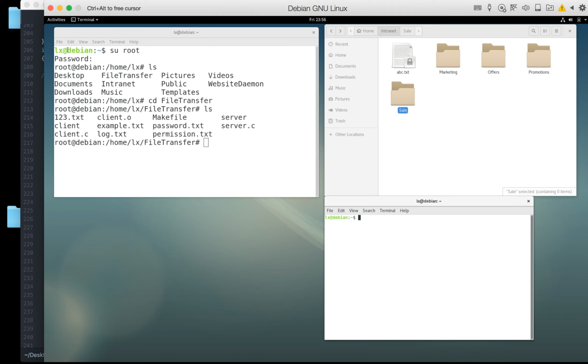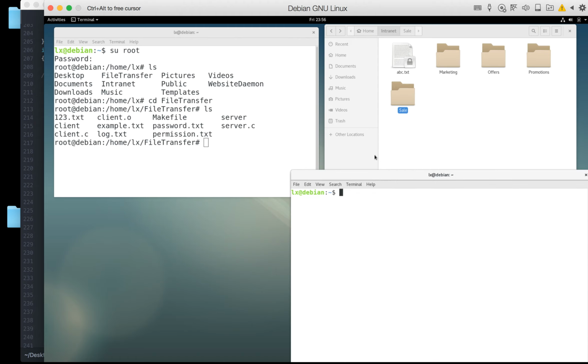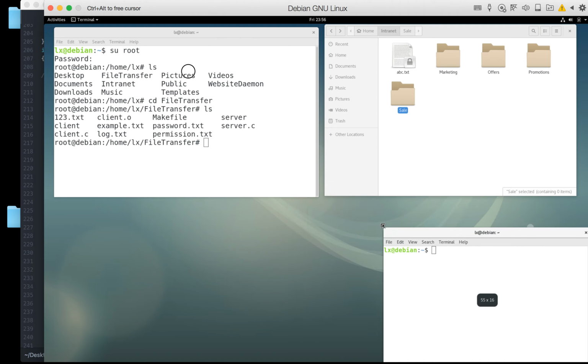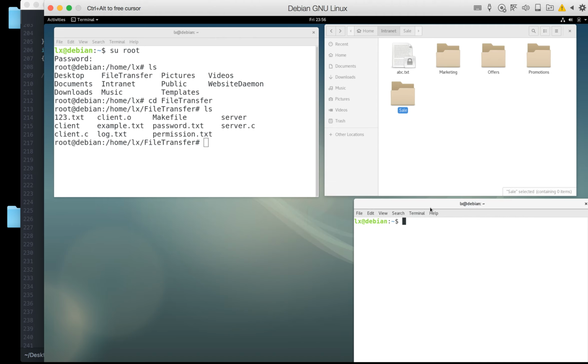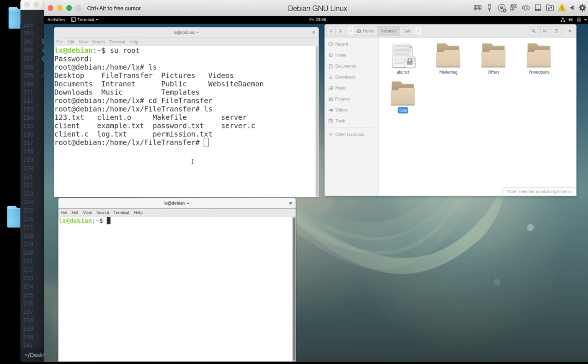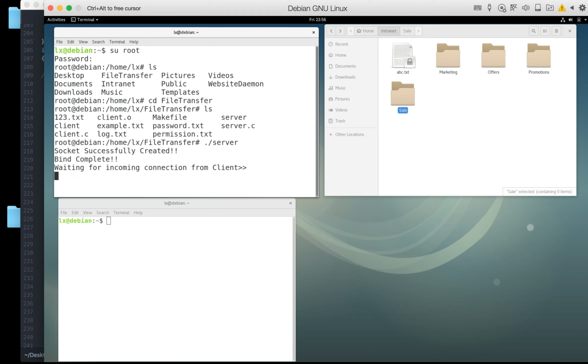And we open another terminal. It runs as the client side. So let's run it, and on the server the socket was successfully created and the bind is complete, waiting for the client-side connection. And this side we run as the client side, and we also go to the folder transfer